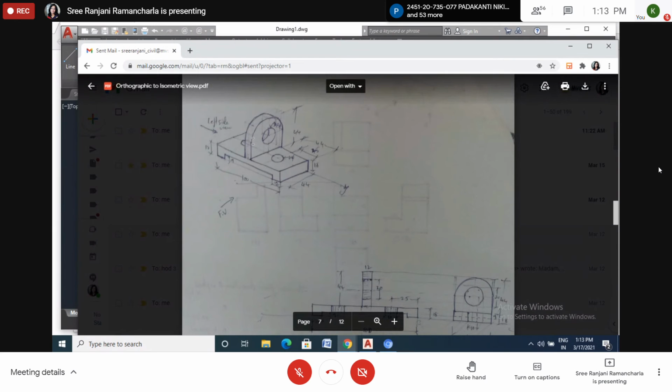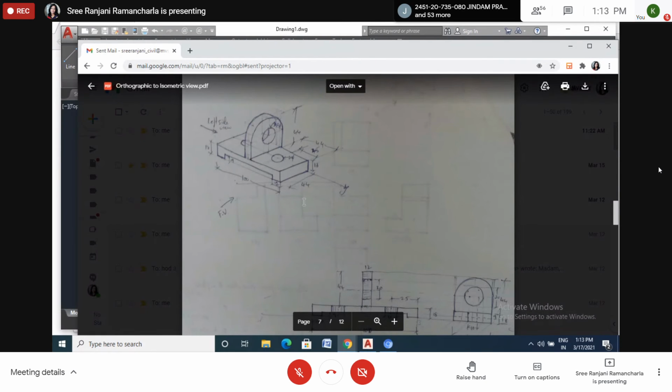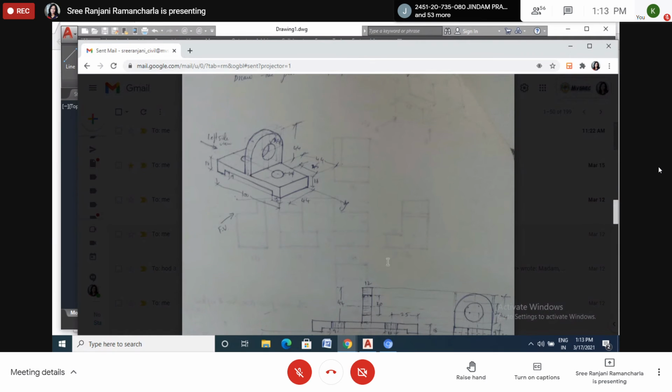I have not shown the isometric view for these figures, right? When we are doing the isometric, I will draw the isometric view. I will explain and record this one. I will send you the link, okay? And I will show how to draw all the views if possible. Is it clear now?